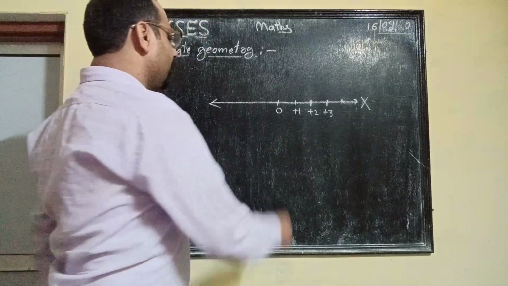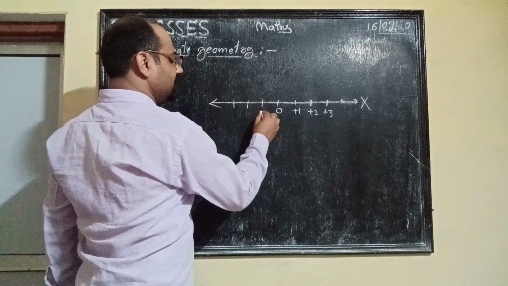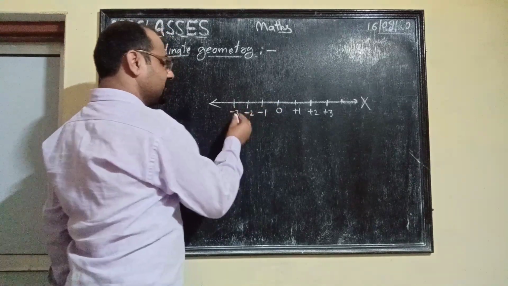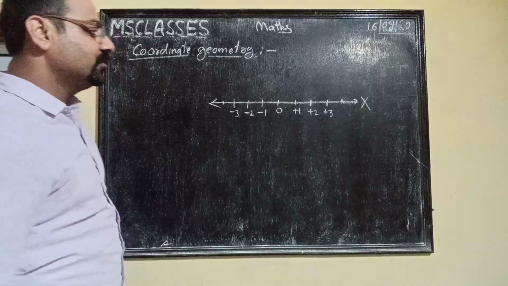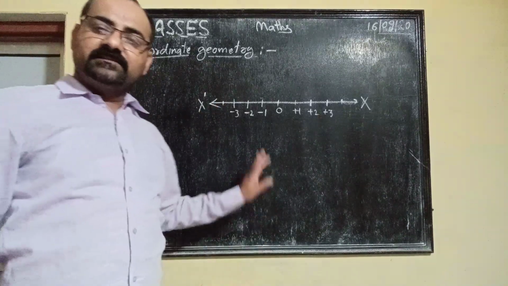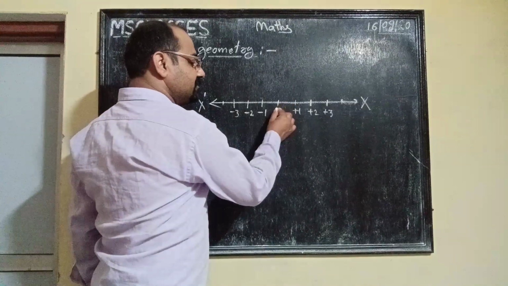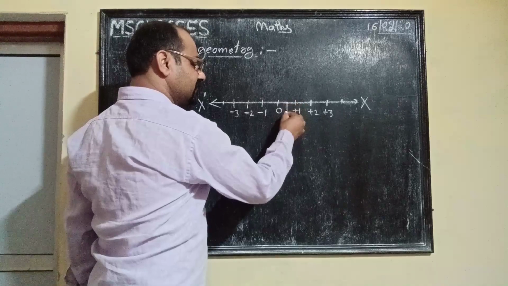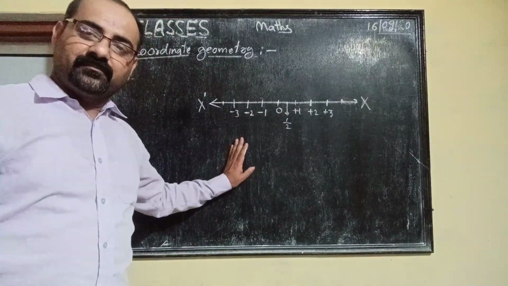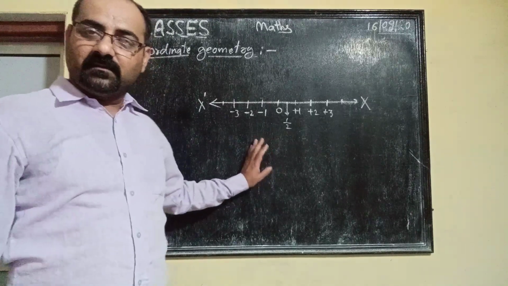And to left side all numbers will be negative, और ये सारी नंबर इक्वल डिस्टेंस में होंगे. Numbers -1, -2, -3 and so on. So this is X dash. So guys, this is the number line. Here we have more numbers, 0 and 1. Between 0 and 1 this is 1/2. Right. So every type of number is on the number line. तो इस नंबर लाइन पे हर एक प्रकार के नंबर हैं.